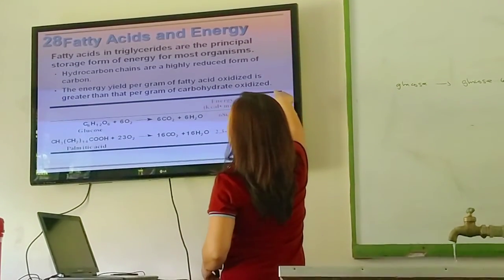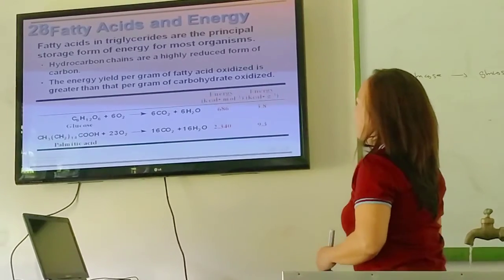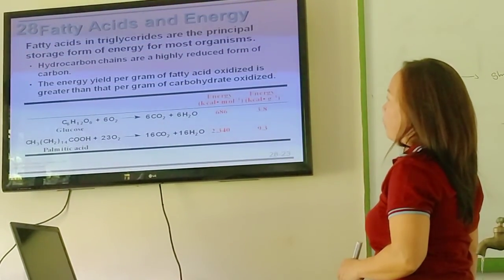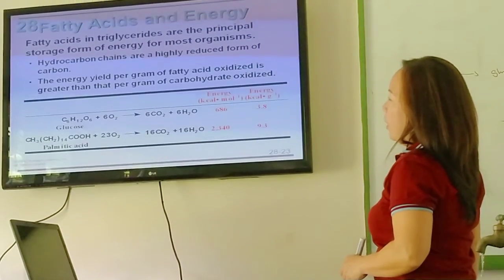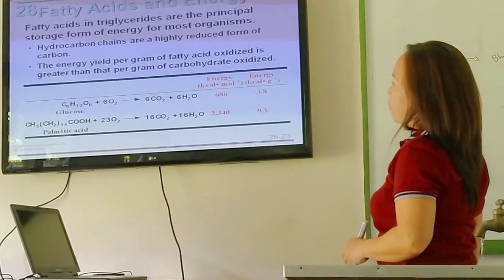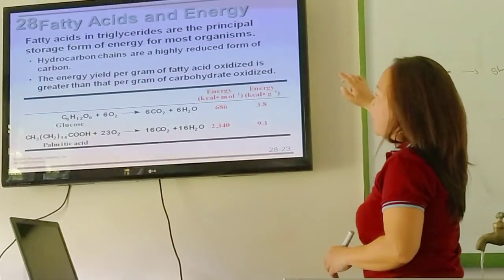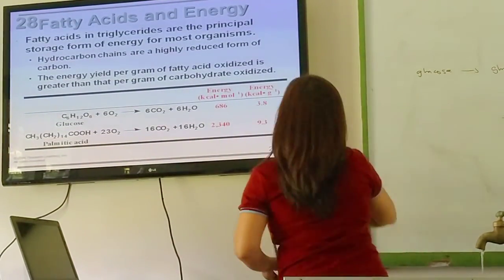Okay. Now, fatty acids in triglycerides are the principal storage form of energy for most organisms. Then, hydrocarbon chains are a highly reduced form of carbon. And you have here the energy yield per gram of fatty acid oxidized. Now, of course,